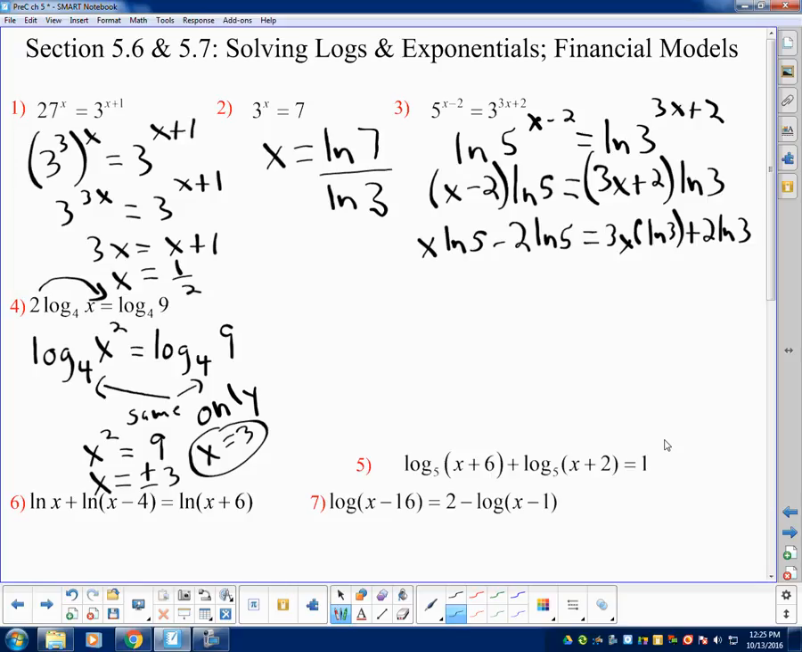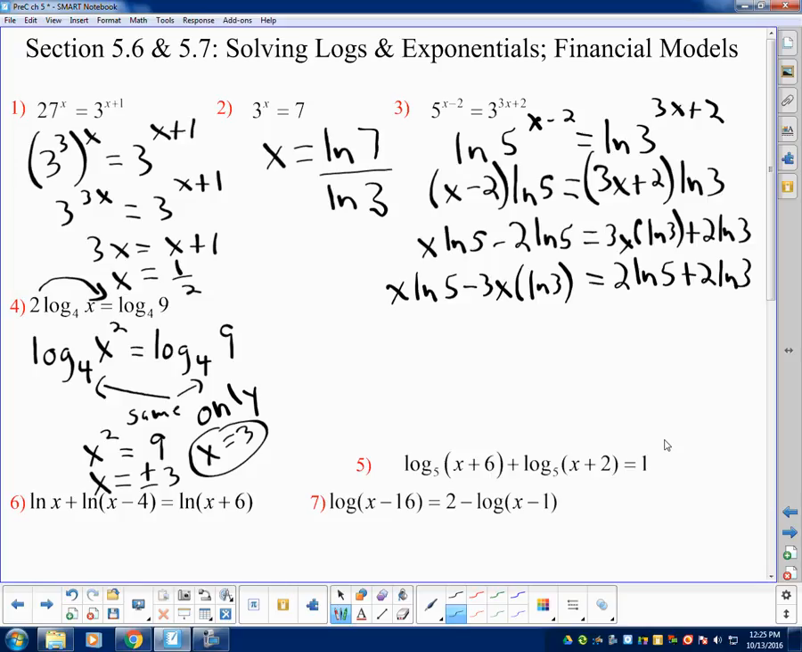So I'm going to move all the variable expressions to one side of the equation, to the left, and all the non-variable expressions, the constants or real numbers, to the right. So that means along with the x ln of 5, I'm going to subtract over the 3x ln of 3, and I'm going to take the 2 ln of 5 and move it over to the right to pair it with the 2 ln of 3. So I have,